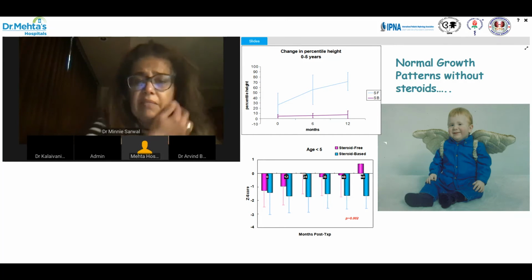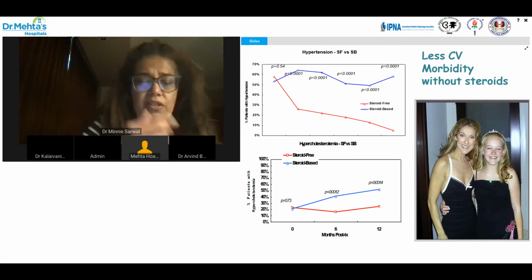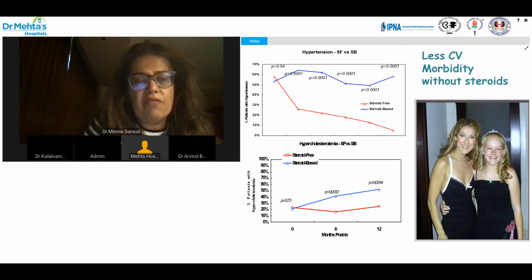This also has big impact for the adolescents. These children have probably finished their growth, but you can see the impact on improvement in hypertension, again in the steroid-free versus the steroid-based arm. You can see in the steroid-free arm, there is a rapid reduction in the need for hypertensive agents, whereas you basically have pretty much the exposure to some antihypertensive therapy post-transplant in the steroid-based patients. And lower, you can see that months